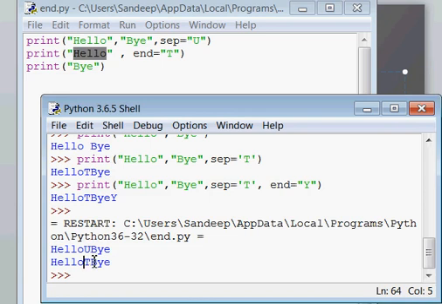In place of enter, write t here, so it is writing t here and enter is not taking place. That's why your next print command is displaying the message within the same line. So this was the example explaining the sep and end arguments.